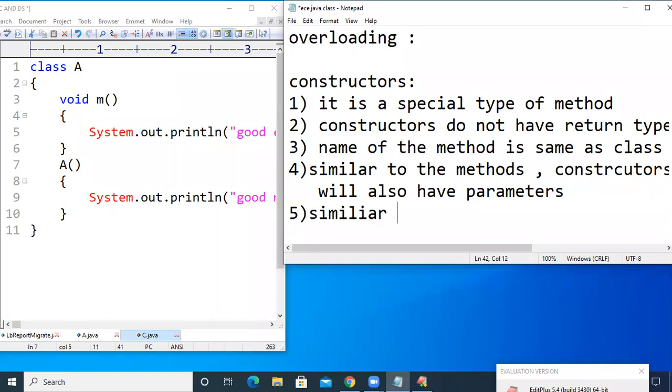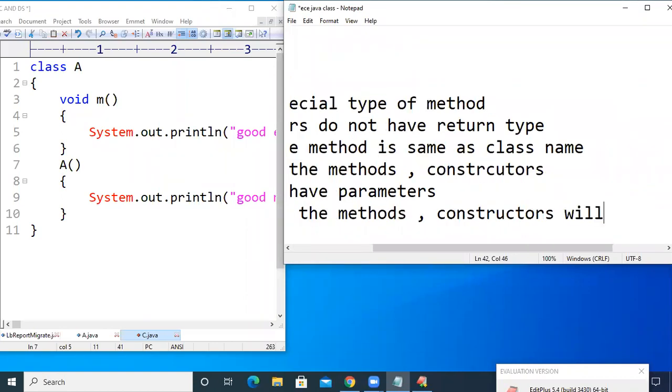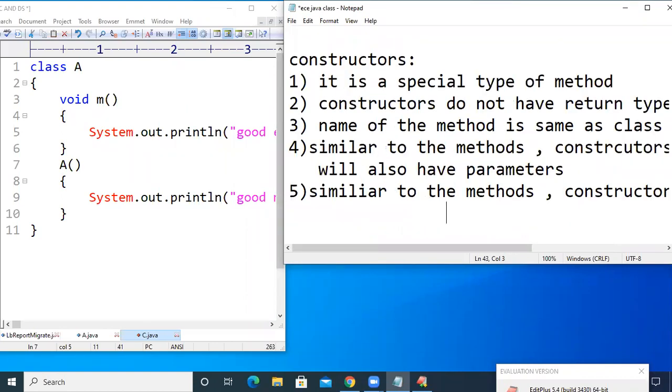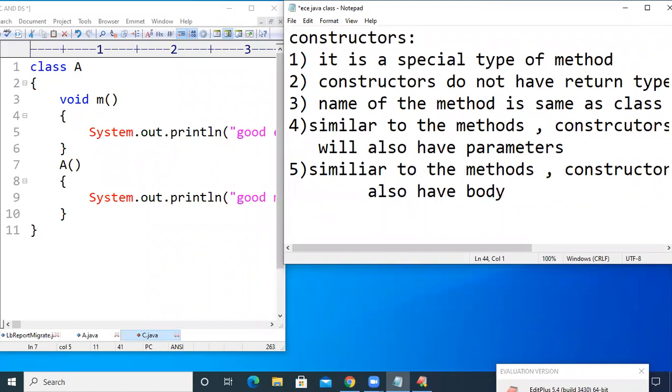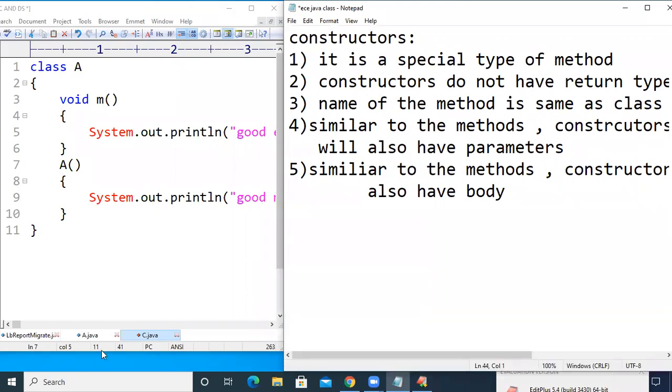Constructors will also have a body, right? So other than these things, what are the different things that a constructor is going to have? Let us see each and every one, right?